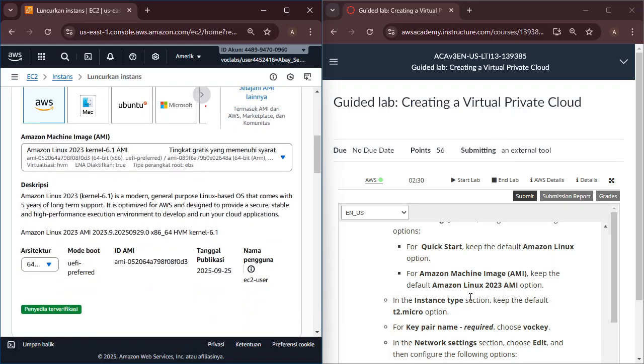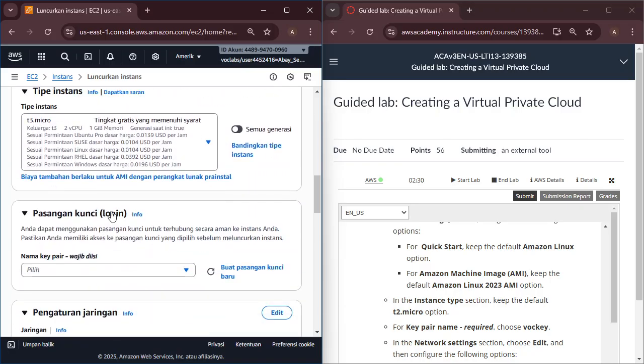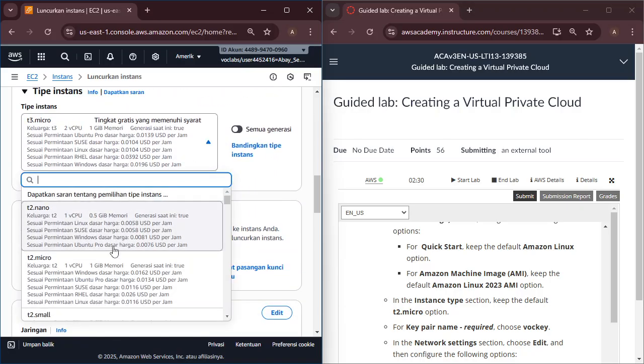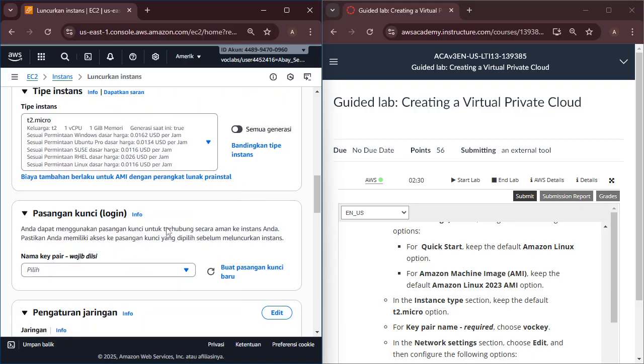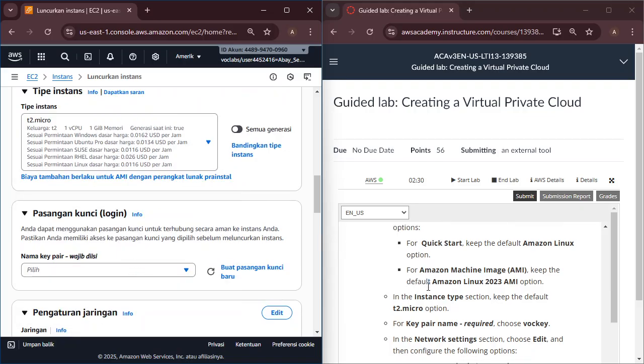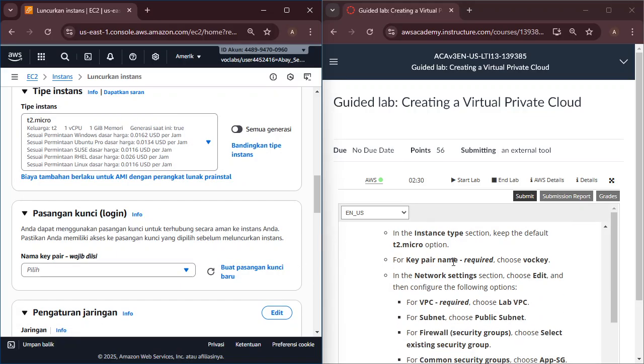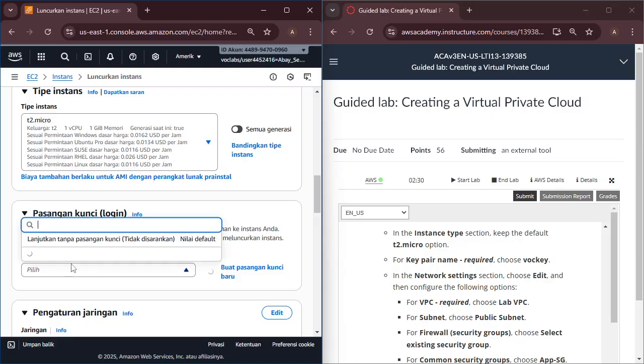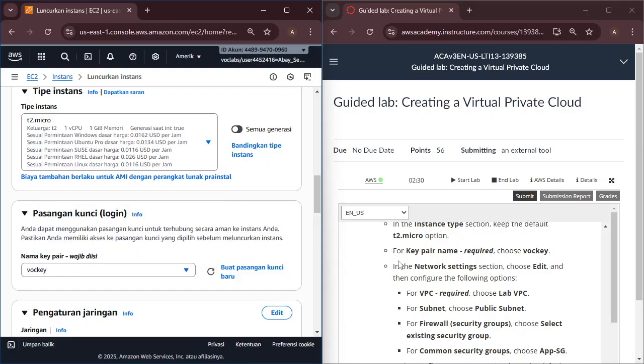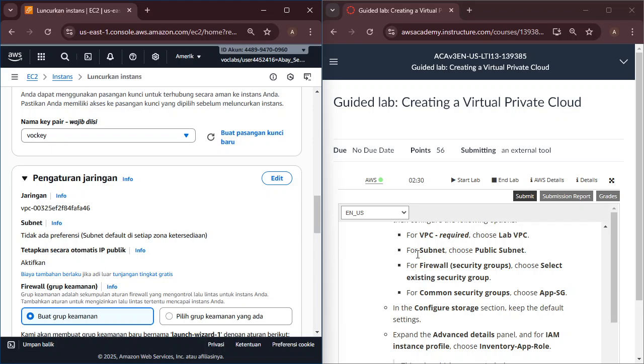For instance type, T2 micro. For key pair, just proceed without a key pair. For subnet, choose the public subnet.